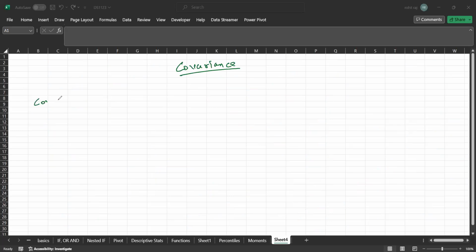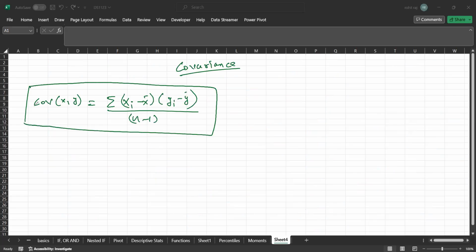This is covariance between two columns, x and y, will be summation of xi minus x bar multiplied by yi minus y bar. And this will be divided by the total number of elements minus 1. This is the formula for covariance. I'll standardize this formula, and the new formula becomes